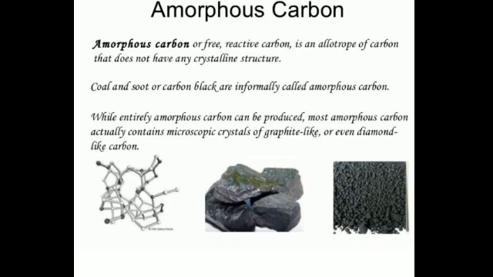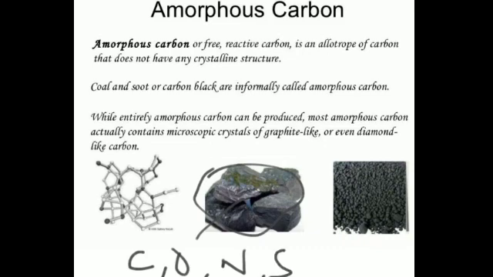Is that clear? You can see this one. This is a hard and black solid, and it mainly consists of carbon. Along with carbon, it contains hydrogen, oxygen, nitrogen, sulfur, phosphorus, and it is found in Russia, USA, South Africa, Australia, China and Germany. In India, it is found in Jharkhand, West Bengal, Odisha and Madhya Pradesh. So this is the occurrence of coal, and now how coal is formed.